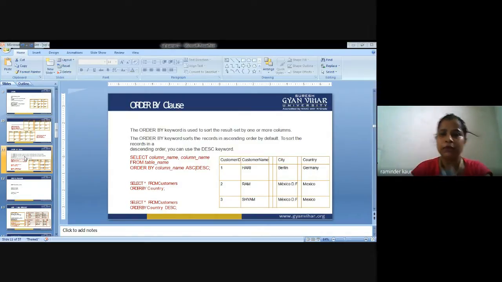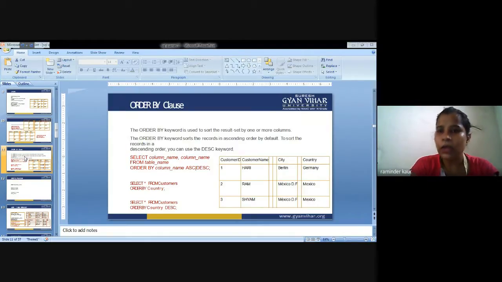So select column name 1, column name 2 from table name customer, order by column name, that is ascending order. So select star, all the column fields will be selected from the customer table. Order by country.